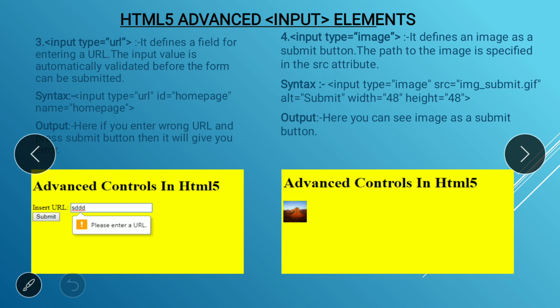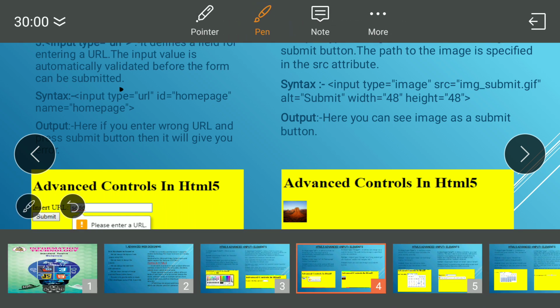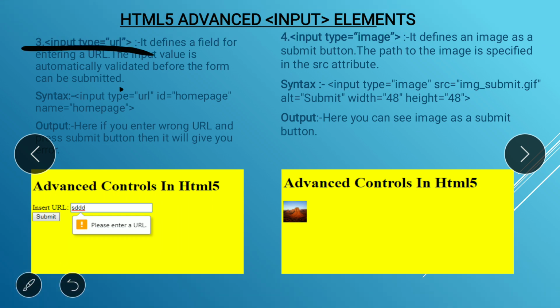Okay, next element we learn about is the URL, right? Here you can define the field for entering a URL. Means here you can see in your program there is a text box, and if you enter a wrong URL, means if you did not enter the @ symbol or dot symbol, then if you click directly on the submit button, that time it will give you the error, that is, please enter a proper URL, right?